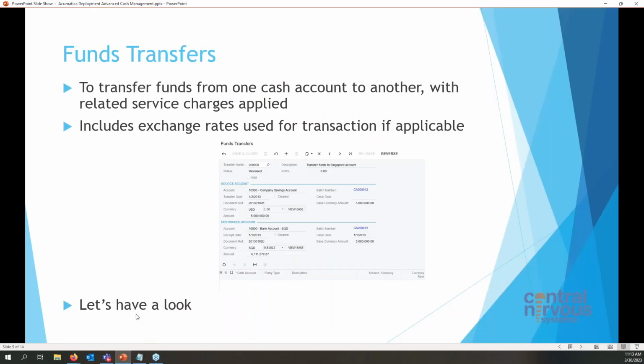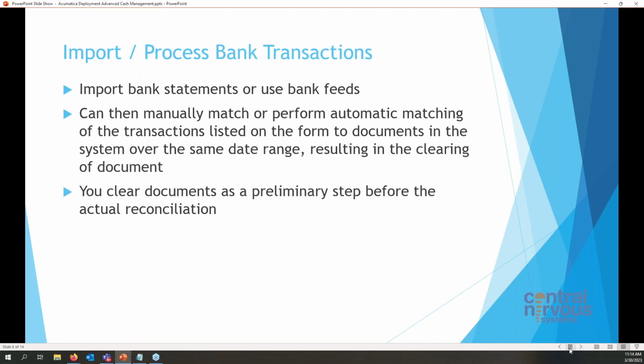We're going to have a look now at some of the cash side of reconciling your bank accounts. So importing and processing bank transactions is our next topic. In Acumatica, we have the option to import bank statements or use bank feeds to bring in bank transactions into Acumatica. So the importing bank statement function is typically done using the CSV output that you might get